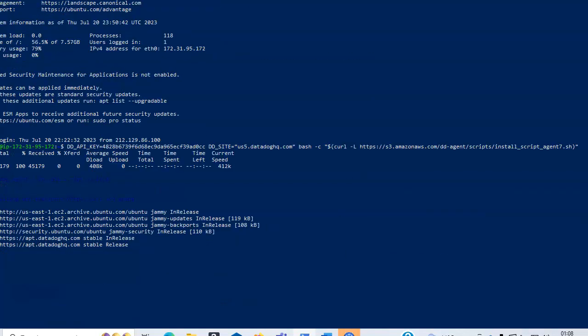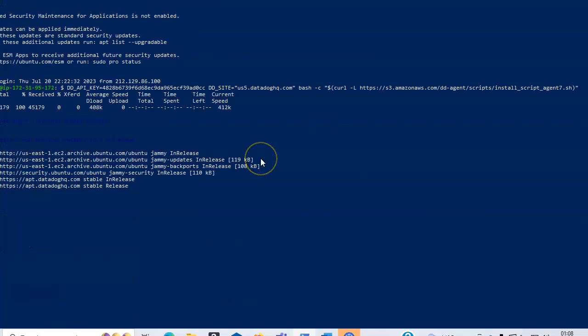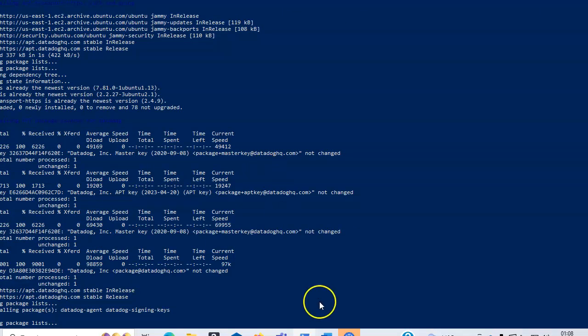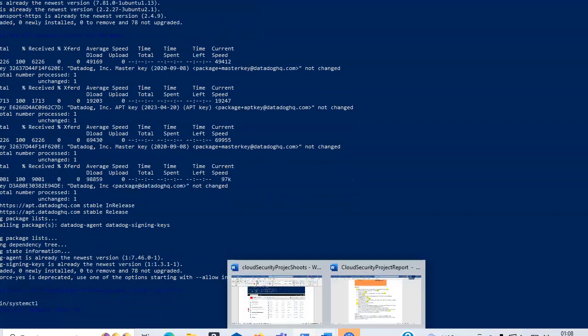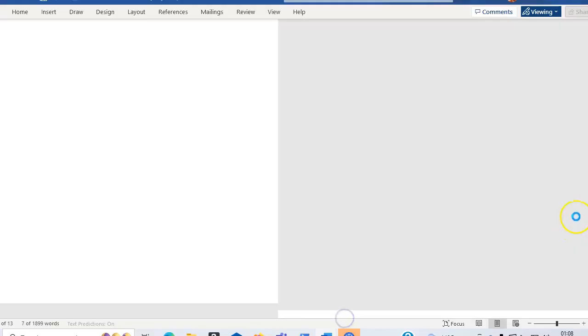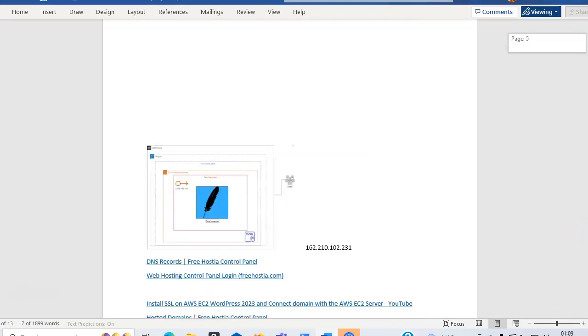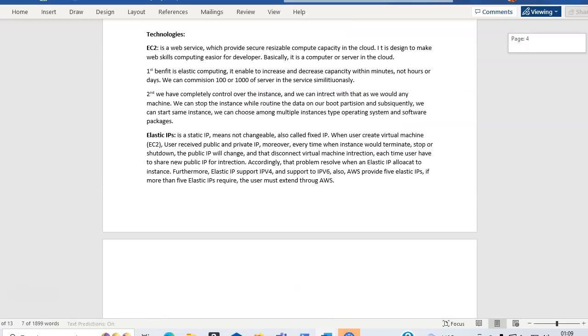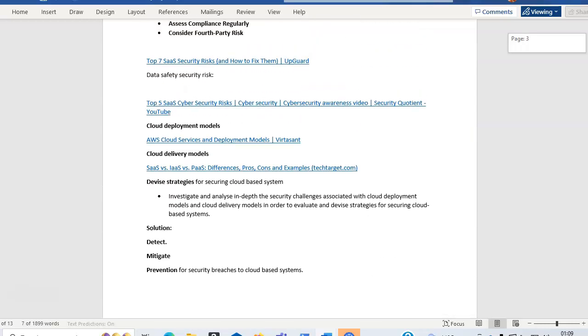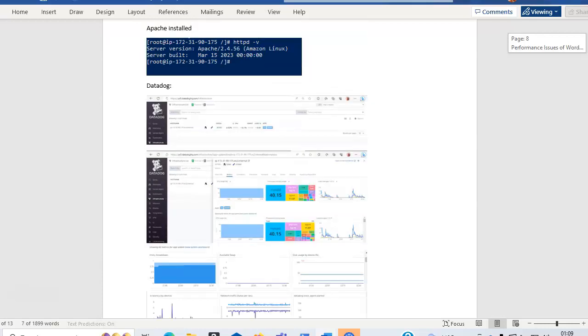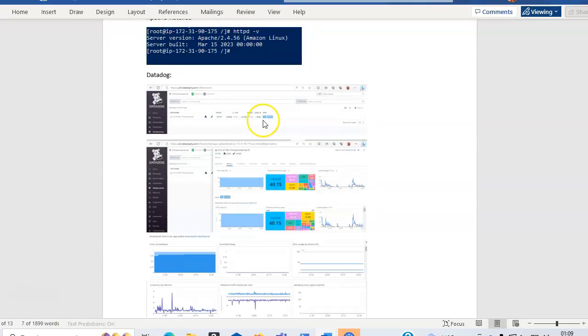Just because of a network issue, I'm not able to show it in the presentation now, but I will share screenshots. I have them all in my report. Sorry, I'll show you here. I'll share all the references which I have. Datadog. So this is the Datadog was connected